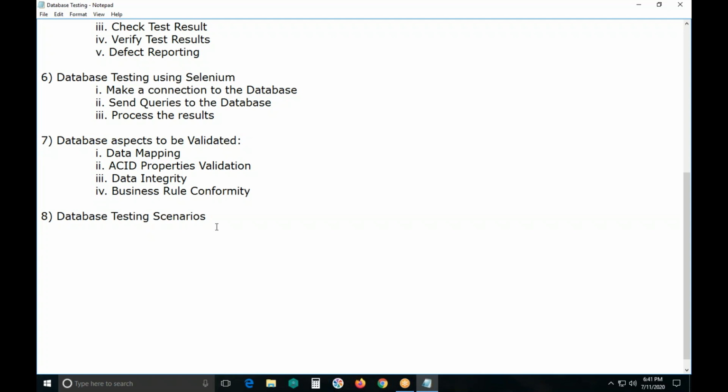Data should be stored in single or multiple tables based on the design. Next, a table should have a primary key column. Next, table columns should have description information available. Next, required table indexes should be created. Check if data is committed to the database only when the operation is completed. Data should be rolled back in case of a failed transaction.